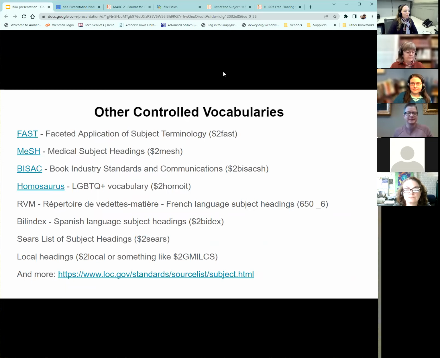All right, this was my slide. So I will just briefly go over other controlled vocabularies. It's just examples, so I'm not really going to talk about them one by one, but the slides will be available for you to explore those links. Some of the ones that aren't linked are RVM, the French subject headings, and Bilindex, which is Spanish subject headings. Yours is just a general vocabulary, been around a long time, often kind of redundant with other subject headings. And then